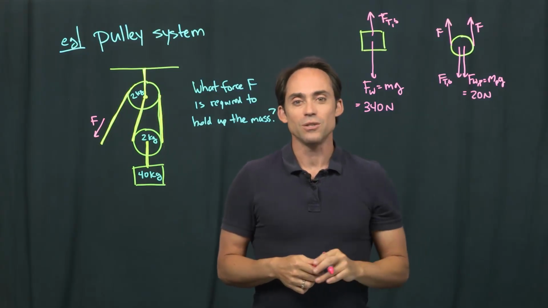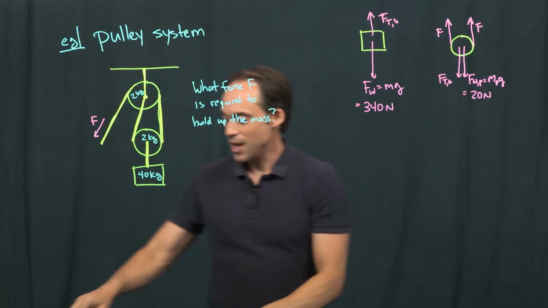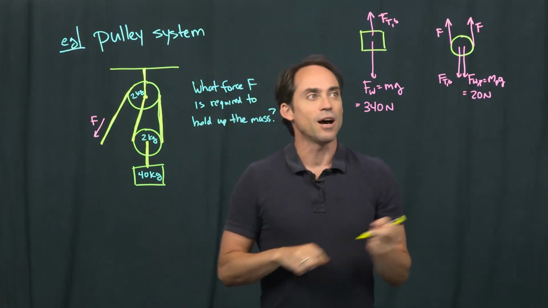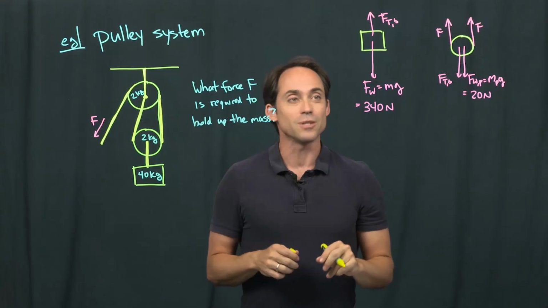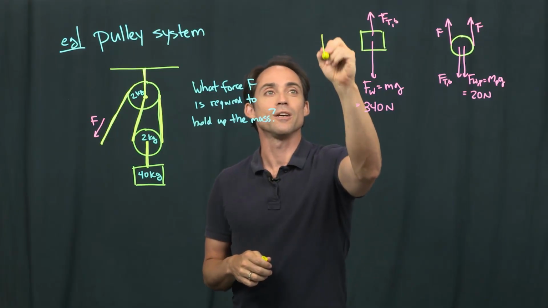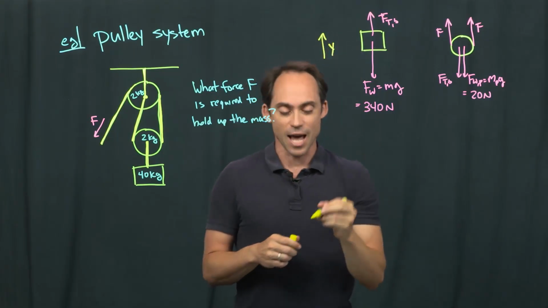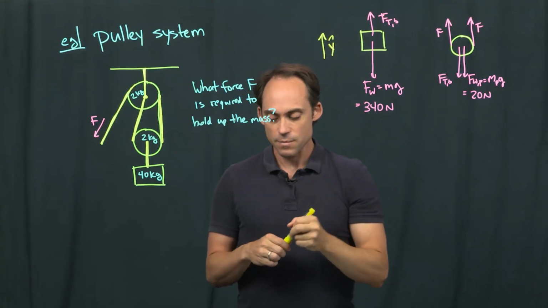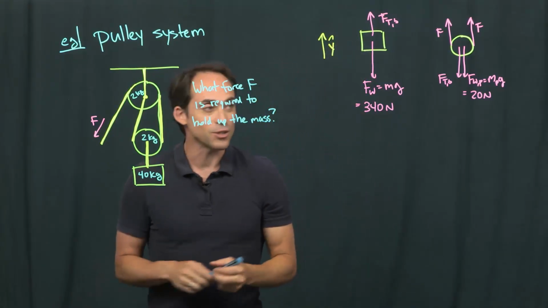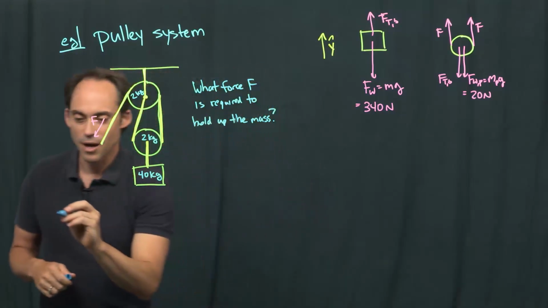So let's start with these two diagrams. And notice that they are nicely aligned. In fact, it's a one-dimensional problem, so this is one of the easier ones, right? So I'm just going to choose a single coordinate axis that points up. And that's the only one that I have to actually solve. So let's start with the block